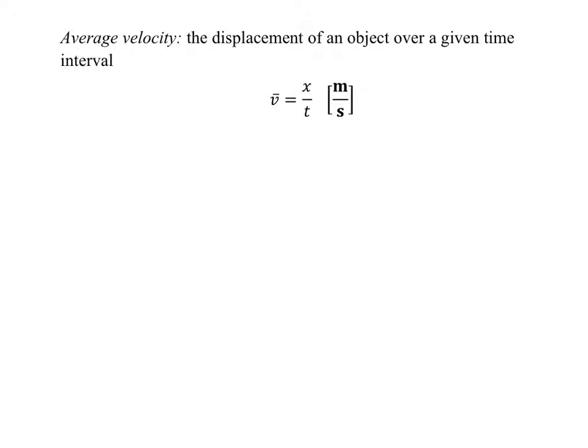All right, let's get into this next concept of what's called average velocity. This is something you have seen already. Look at that. It's the first formula of the year. Whenever I give formulas, I give units, they're in brackets and bolded like I was talking about, as meters over seconds, because displacement is measured in meters and time is measured in seconds. So the unit of velocity would be meters per second.